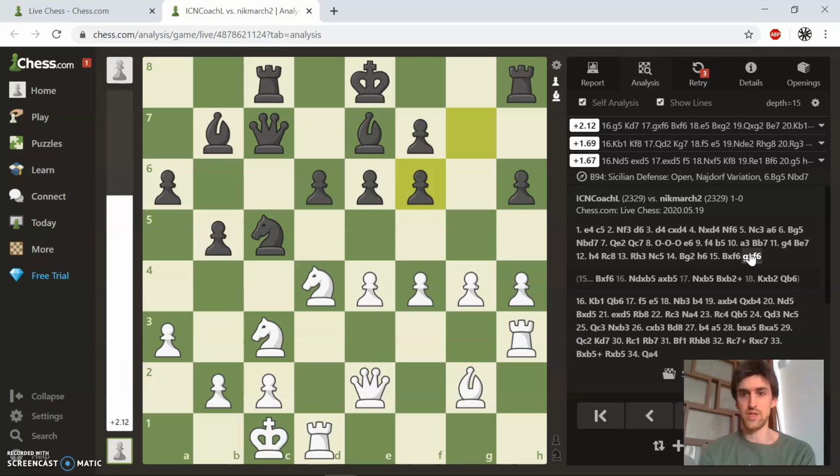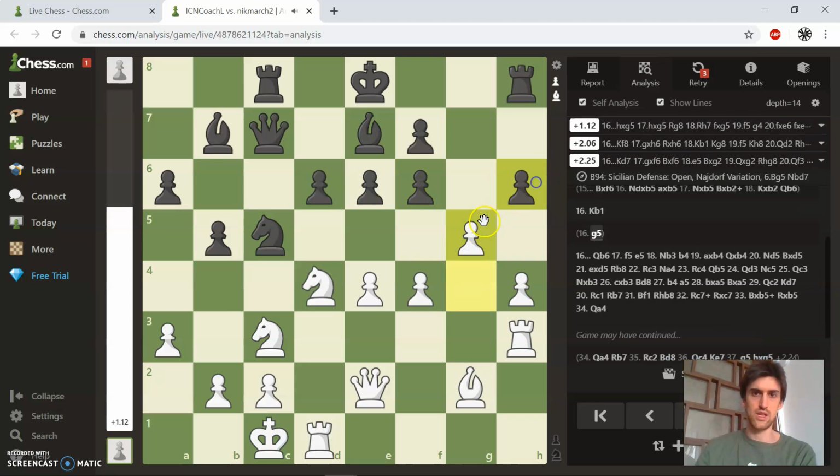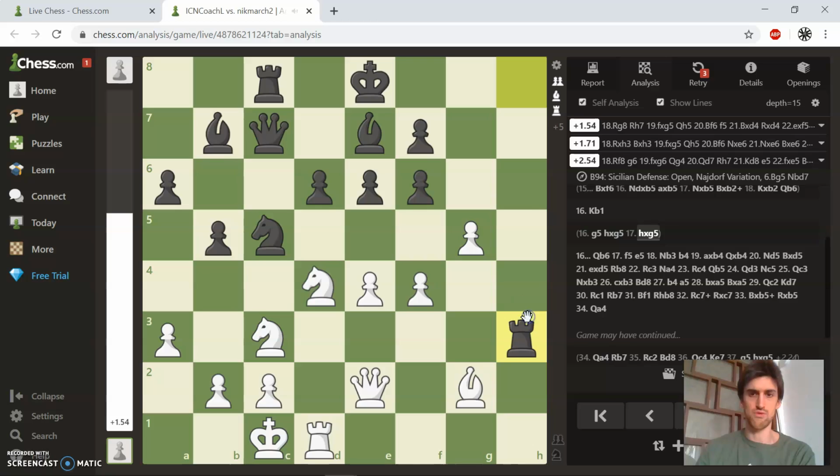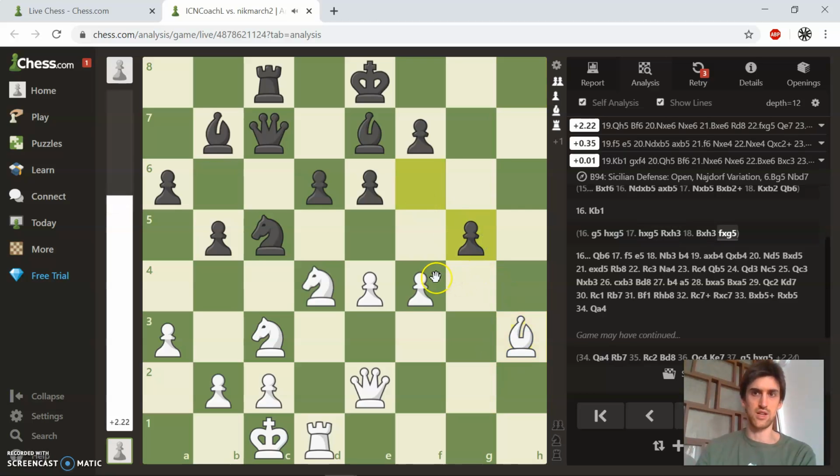Okay, so the engine wanted me to be pretty violent right away with something like pawn to g5. I don't know how that would play out. g5, h takes g5, h takes g5. I'm hitting his rook, so he probably has to do an exchange. Rook takes h3, bishop takes h3. Let's see if he takes here, then maybe I could do...